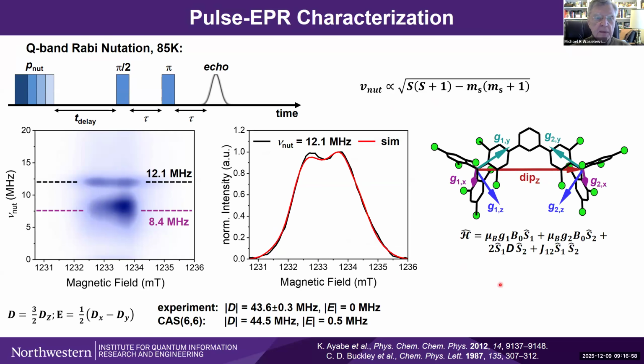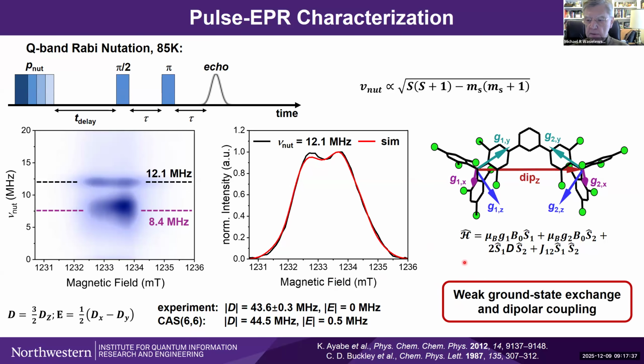Okay. So now, if we just look at the ground state EPR spectrum at Q band, what you do find is a triplet ground state spectrum. The D value, the dipolar splitting, is really quite small because of the 12 angstrom distance. It's about 44 megahertz, and we can compute that as well using standard methods and get about a 44.5 megahertz coupling as well. So basically, we have a small zero field splitting in this particular case, as expected for the distance this particular diradical has. Okay, so weakly coupled in the ground state.